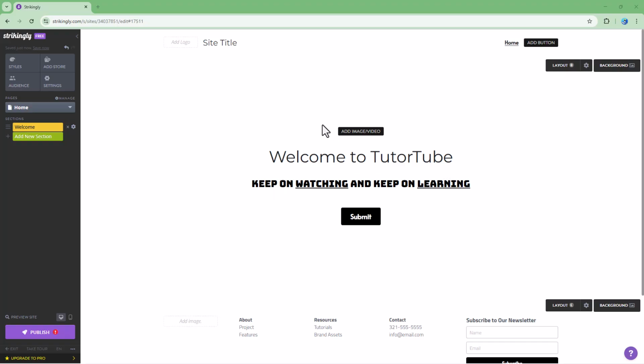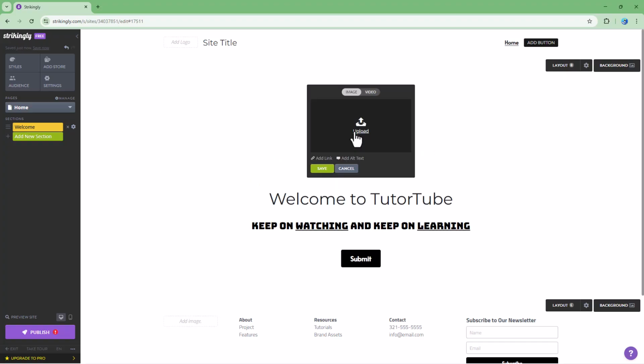So over here you can see that I have this particular section, and in this section I have a place to add an image or a video. So let's say I want to upload an image right here. To do that, simply click on the add image video button, and here you can see that I can choose video and image. Let me go over onto image,